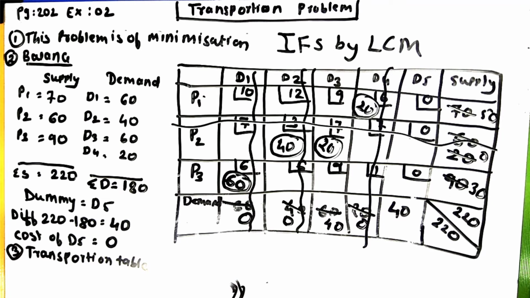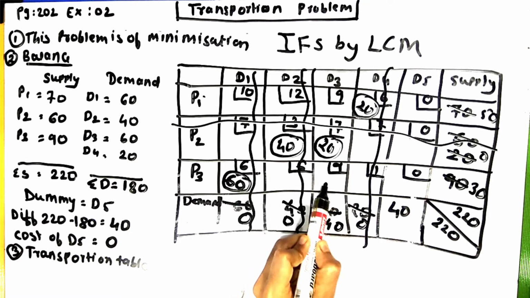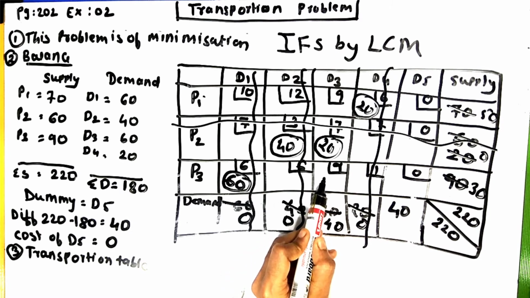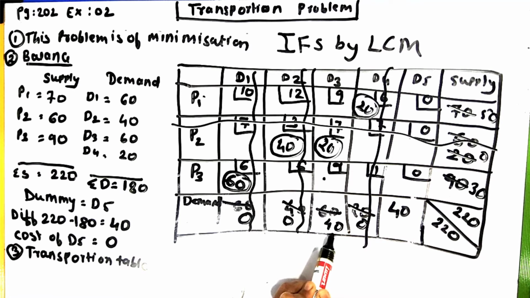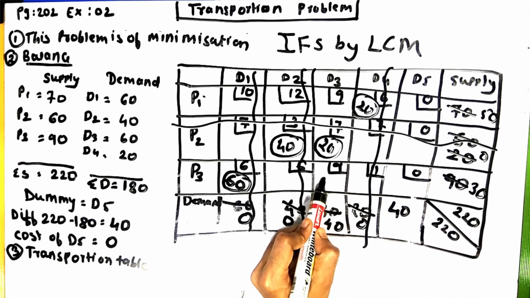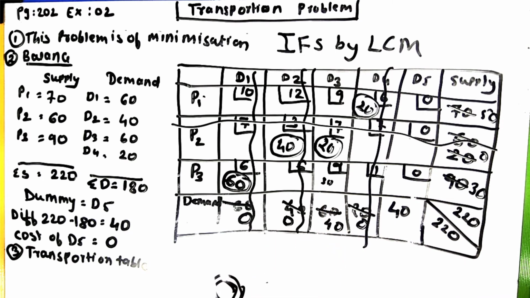So there is a tie, so let me see the maximum allocation. Again, when there is a tie in the cost, we have to see the maximum allocation. So where am I getting my maximum allocation? Suppose I give my allocation in this cell P3 D3. My demand side is 40, supply side is 30, so here it will come 30. I have not given it, I have just assumed it.